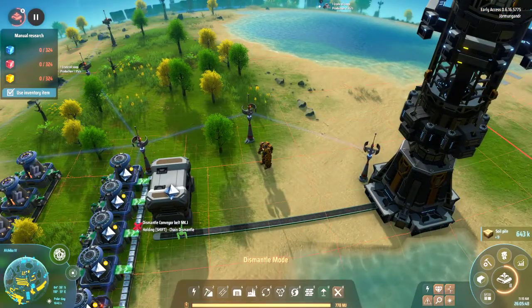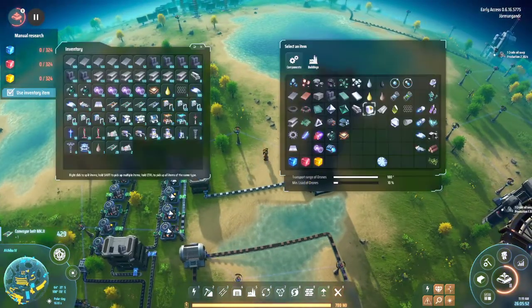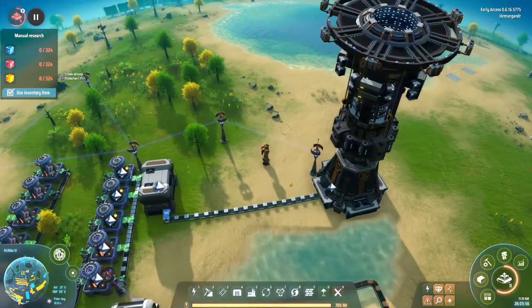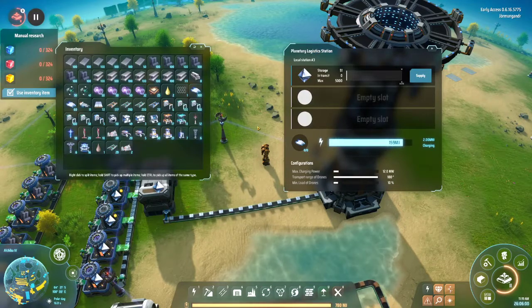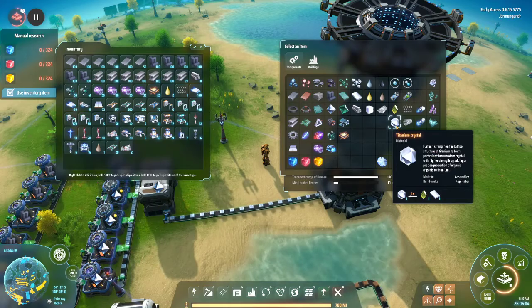I don't even have to. I can recover a little bit extra there. All right, so now we're running the diamonds in here. You have to make sure that you actually set it to accept that thing. Otherwise, the diamonds are just going to block up there until you tell your logistics station that it can accept diamonds. The other thing that we're going to want to run into this are the...